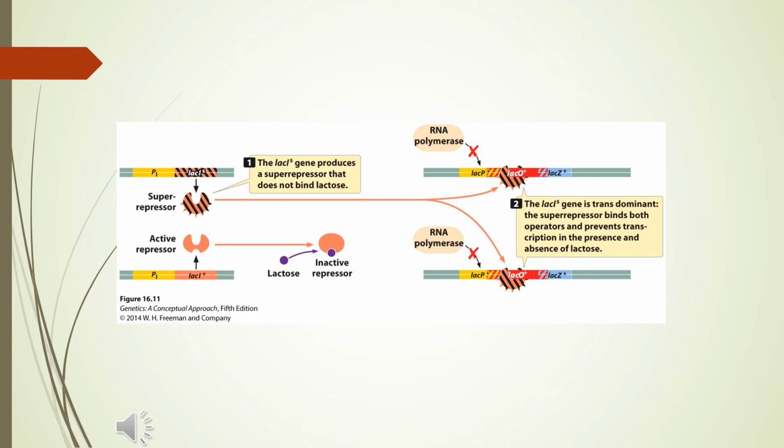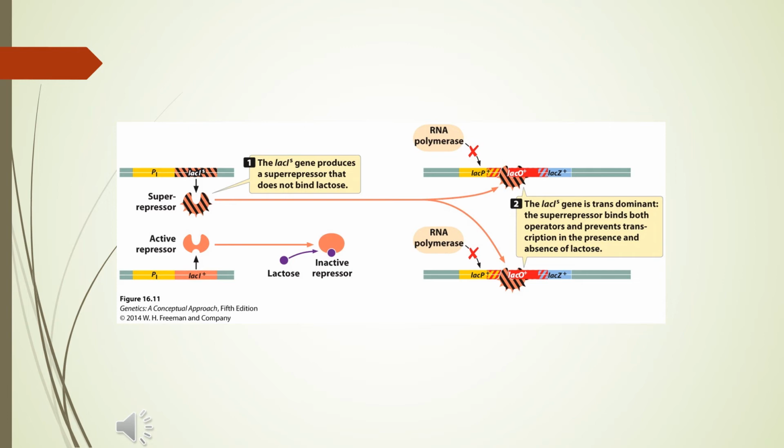On the bottom you can see lac I plus, which also produces active repressor. So this actually binds with lactose, but the super repressor will not be affected by lactose. So lac P, lac O plus, lac Z plus on the upper side will be affected by